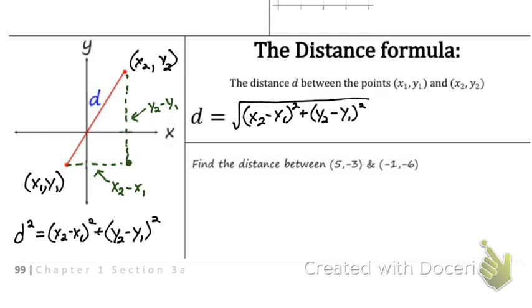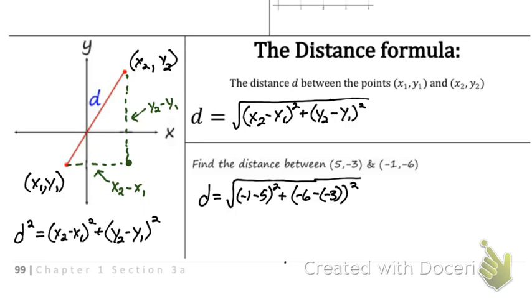All right, so it says find the distance between (5, -3) and (-1, -6). If I didn't know that formula, in my head, I would plot the two points and figure out, okay, a squared plus b squared equals c squared, and I could actually figure it out. But if you do memorize the distance formula, we can go, well, distance equals the square root of x2, I'm going to pick that as -1, minus 5 squared, plus we'll have -6 minus a negative 3